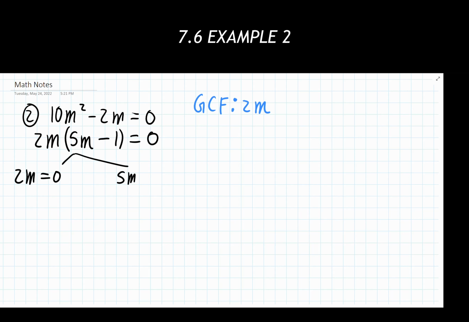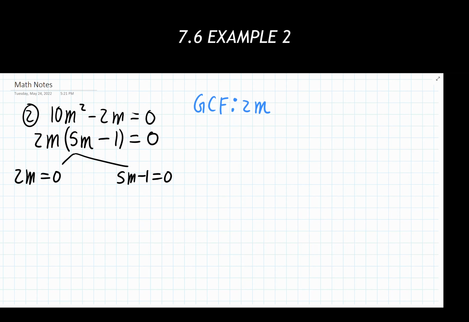So again, I like using some little lines to help me separate it out and split these things apart. You don't have to do that if you don't want to. It's a personal thing. It helps keep it all in line for me. And now, I guess we're in step 4, I'm solving each factor equation for m.